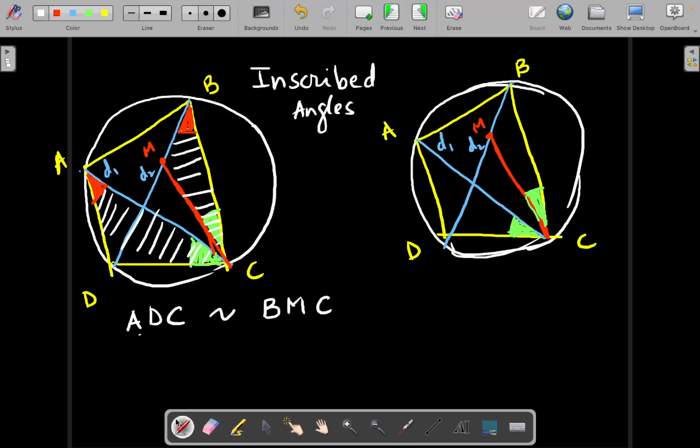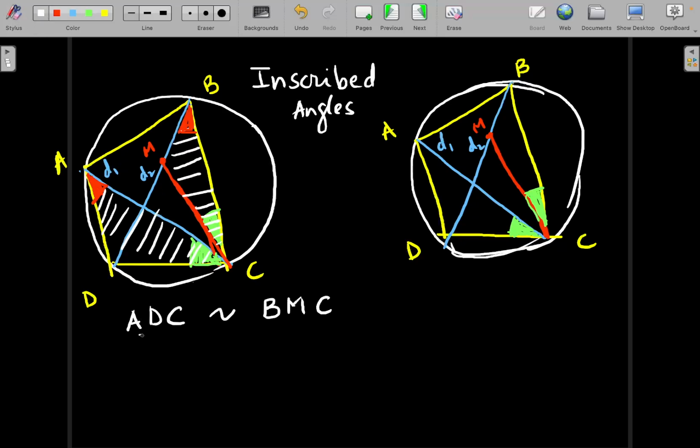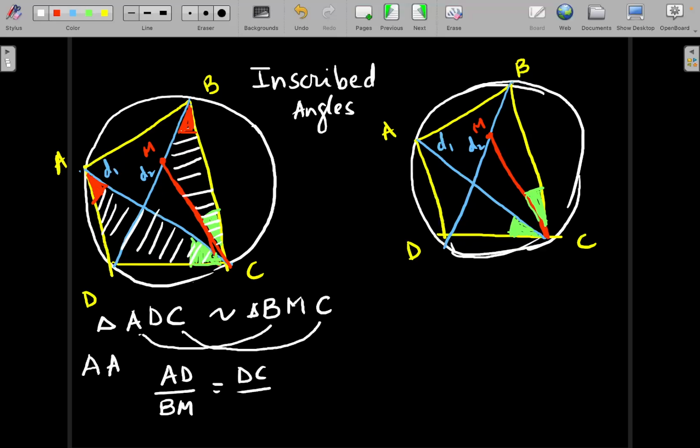Okay, so angle A is equal to angle B, that is the inscribed angles, and angle ADC is equal to angle BMC, that is because by construction, and therefore these two triangles are similar by AA, right? So what is the implication? The implication is that AD over BM is equal to DC over MC is equal to AC over